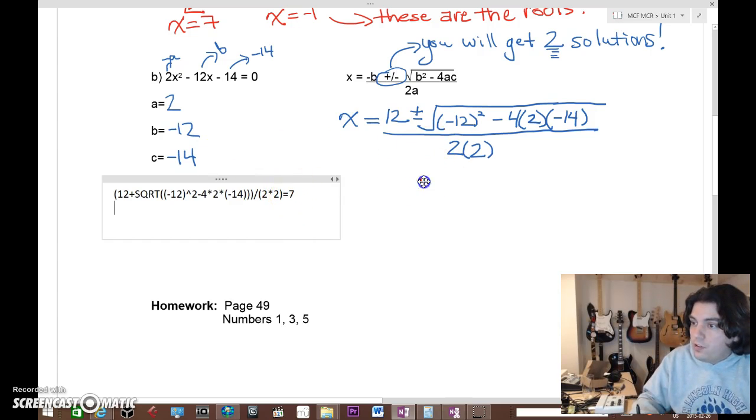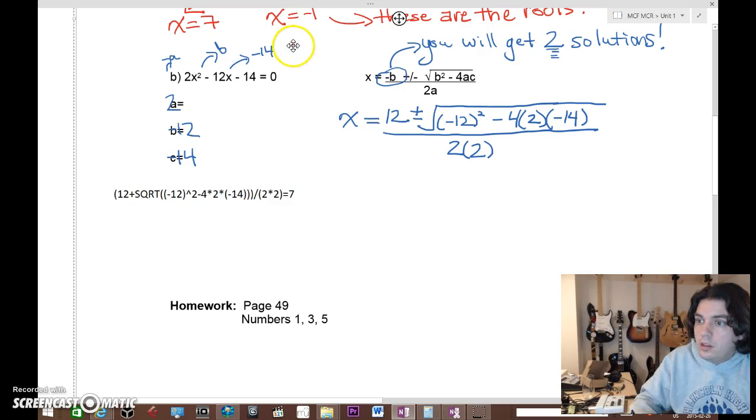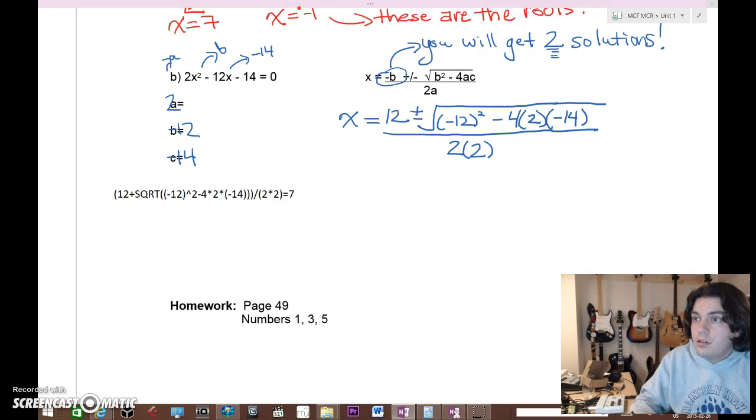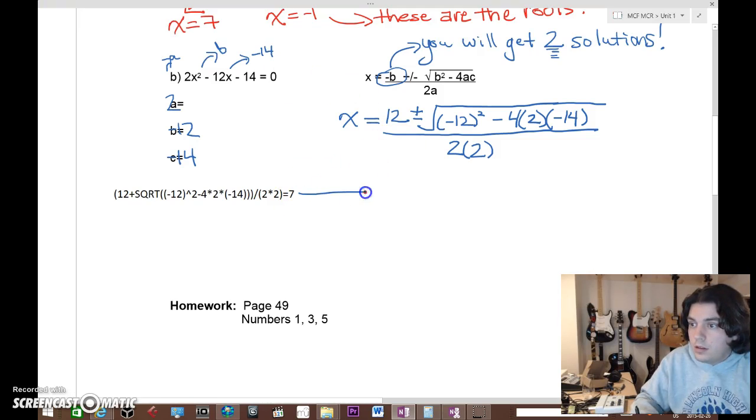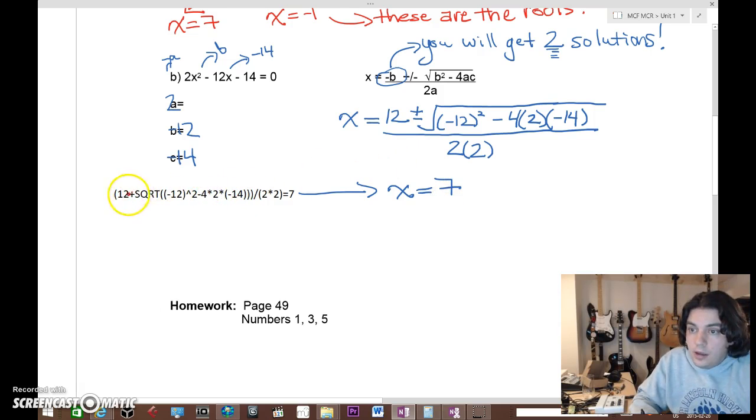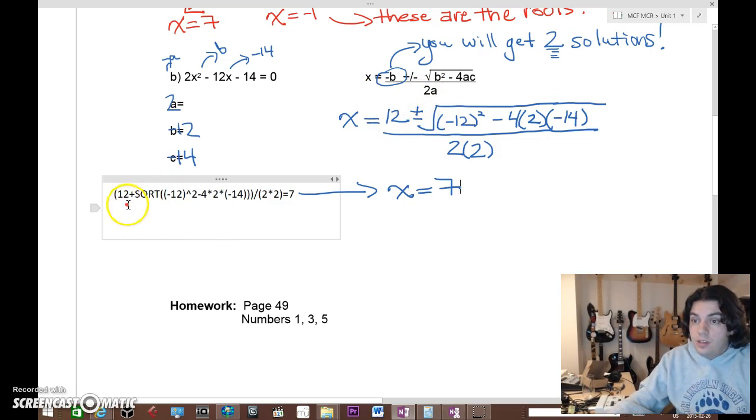So that means that my first solution is X equals 7. And you will note that I did this using the plus here, 12 plus the square root. So the one I have to do next, of course, is 12